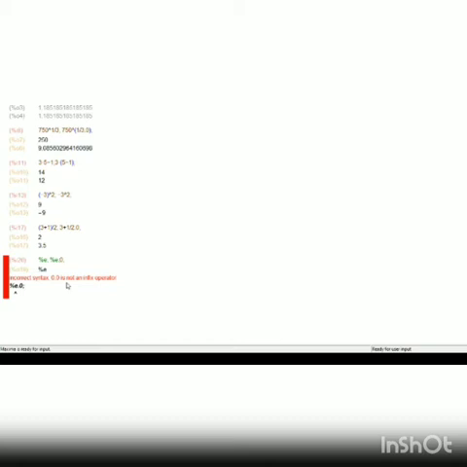Whenever there is an error, see, this is saying .0 is not an infix operator. It is saying that you cannot write like this. It is an infix operator, so you cannot fix that. Now see, it is showing it is an infix operator, so you cannot write like this also. Then what should I do? You have to use which command? Float. Float of %e. Now see what it gives you.